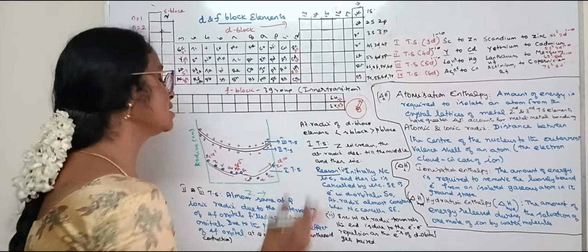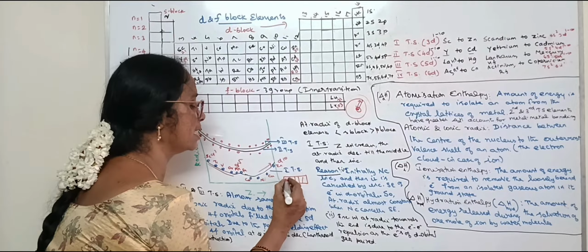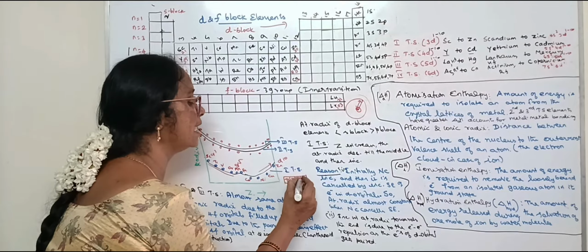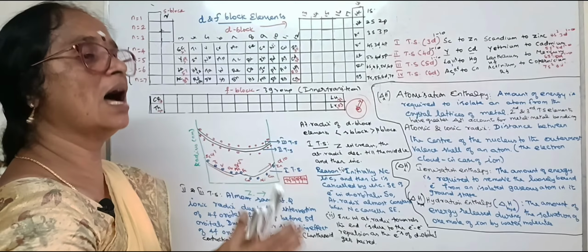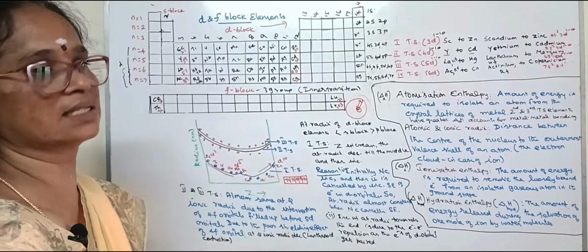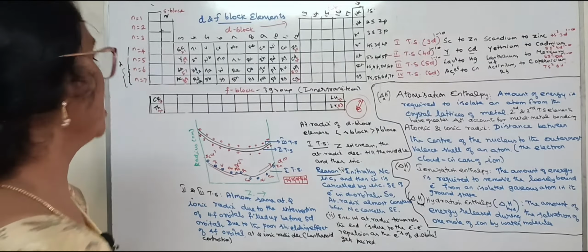So this is because both of the electrons are being added to the same orientation. So that may cause electron repulsion. That's why the electron cloud increases and hence atomic radii also increases. The next one,